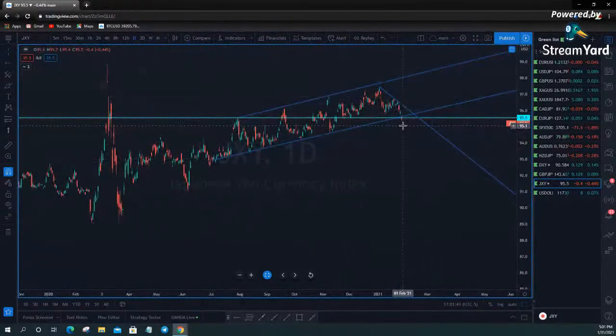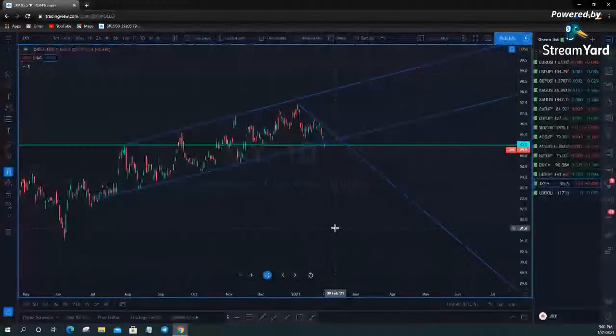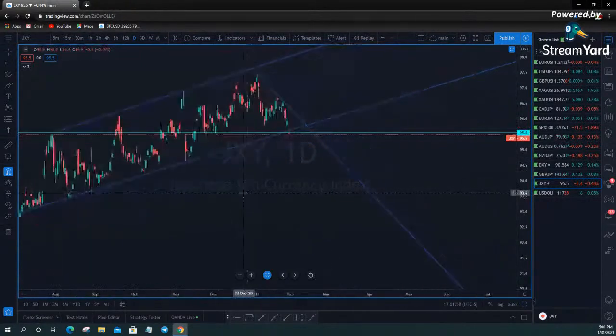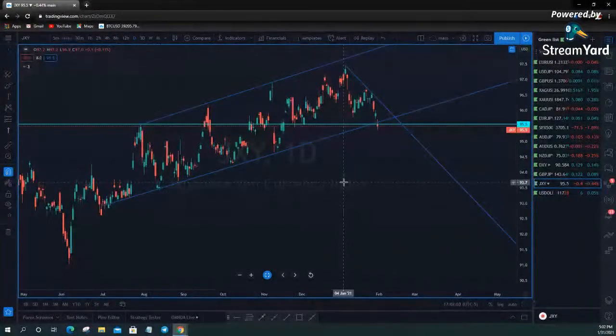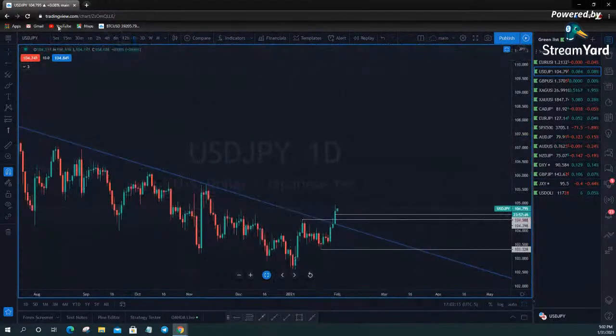So moving forward this week, I am looking for potential yen weakness, so anything trading against the yen could possibly be strong. All right, so that's what I'm going to look for. However, I'm not just going to get long on the euro yen or the US dollar yen or any of those yen pairs yet, because I want to see a retest of this trend line. We're not going to be able to see that on the yen index until it opens up tomorrow. But we can get an idea as to how the yen is trading just by simply watching yen pairs.